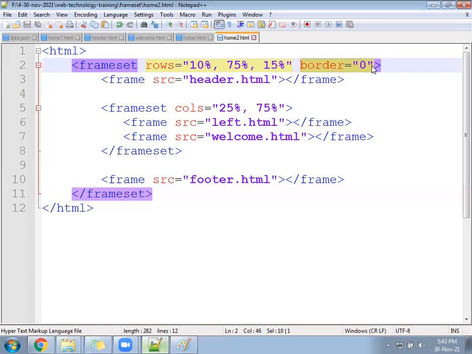Frameset rows 10, 75, 15, and cols 25, 75, border 0. I need to save this one. Okay, now welcome is done. Left file is correct.